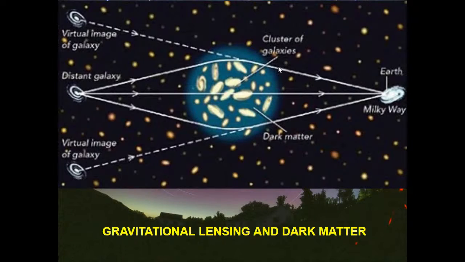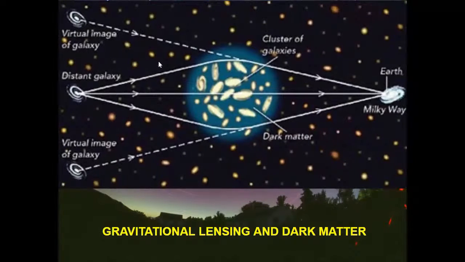But if it has a dark matter halo, then, here we are in the Milky Way galaxy, and if there is a distant galaxy or a quasar very, very far away, then light from such an object behind the cluster, as it travels along, can get bent due to the gravity of the cluster, and if it is exactly lying on the line that connects the center of the cluster and the earth, then the light which comes